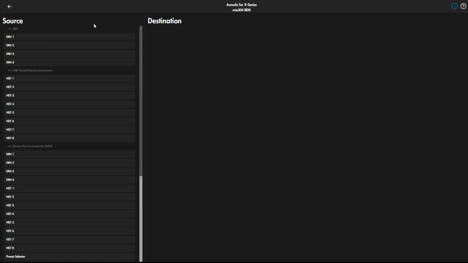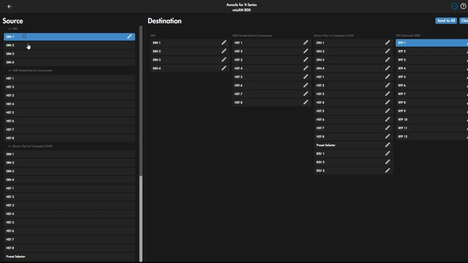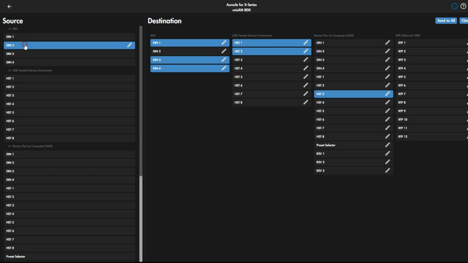Well, this is where we have our sources and destinations, and at the moment I'm not using DIN port 1, that's the one on the front of the device. Normally I wouldn't use it unless I had to, because it makes the device so much bigger. DIN 2 is where we have our Zoya connected, and as you can see, it is sending out its MIDI to, well, the important ones are actually to the DIN 1, 3, and 4,